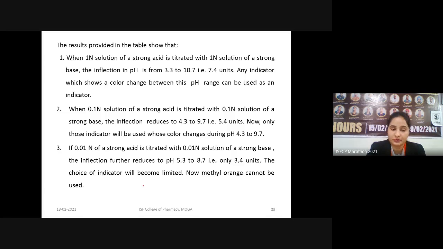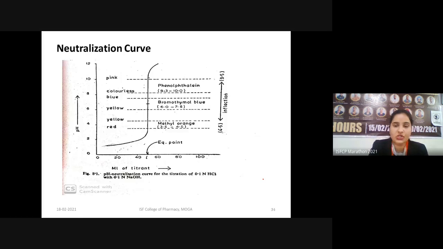Now the choice of indicator will be very limited, and since methyl orange is not sensitive at this pH, it is sensitive at only lower pH. So for the estimation of 0.01 normal concentration of the solution, methyl orange cannot be used. Since we have seen that methyl orange was only effective at lower pH,